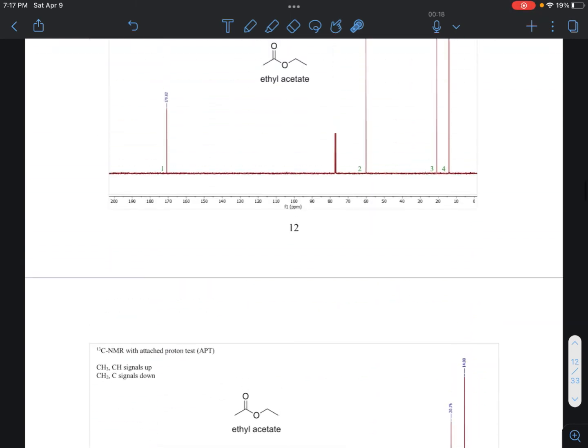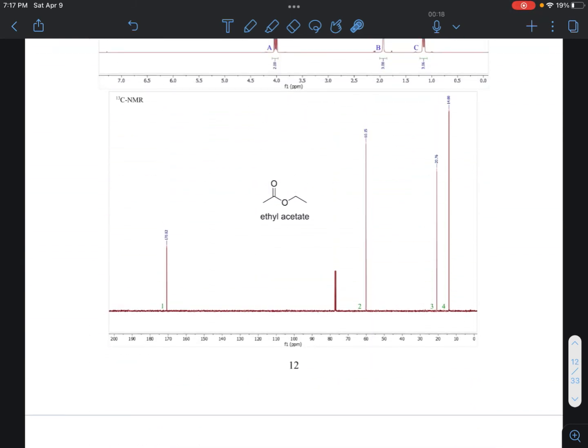So going back to our regular proton NMR, we can now tell that 4 is this, 3 is this carbon, excuse me, 3 is this carbon, and then 2 is this carbon. So just looking at the HSQC, we were able to correlate it. So now we have fully assigned the